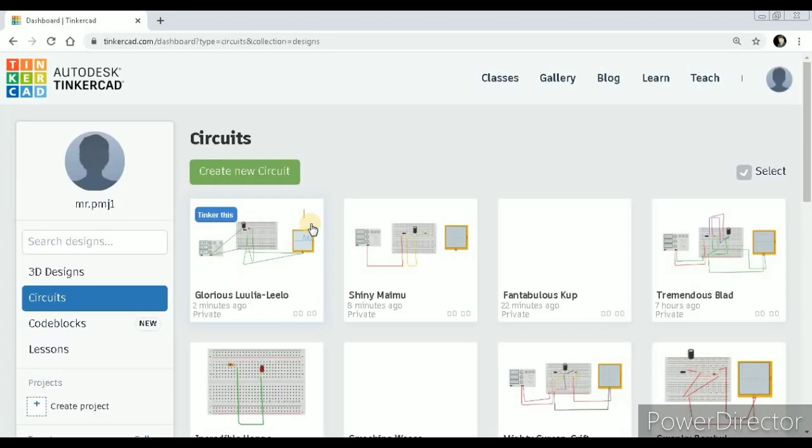In your circuit option, I have already made some circuits. Everything is saved in your web browser on a cloud basis. So your circuit also will be saved here. So no extra additional memory is required in your computer or laptop. So this is one of the advantages, and another advantage is that it is totally free. There is no license or product key required for this service. So this is the biggest advantage, and it can also be easily used by everyone, and the user interface is very simple. So it is very useful.